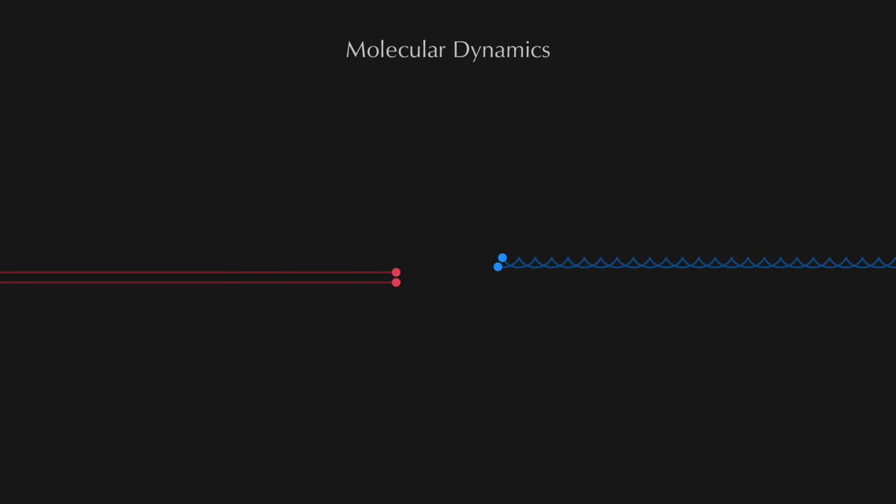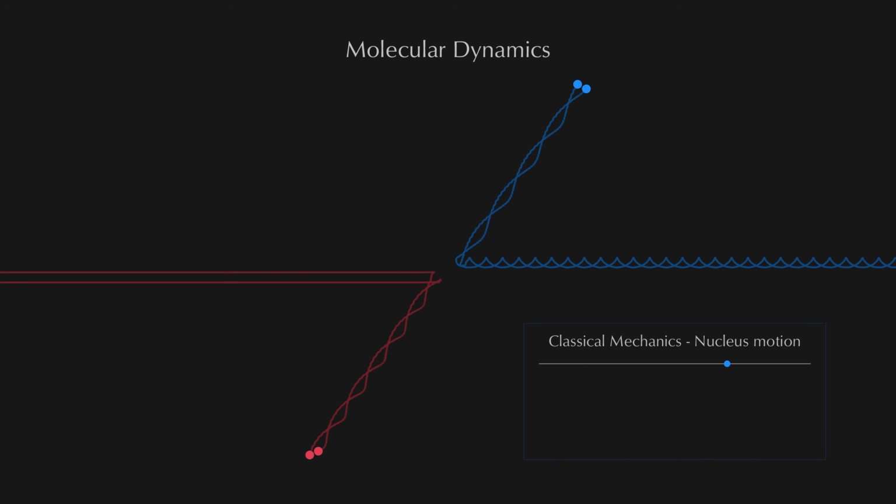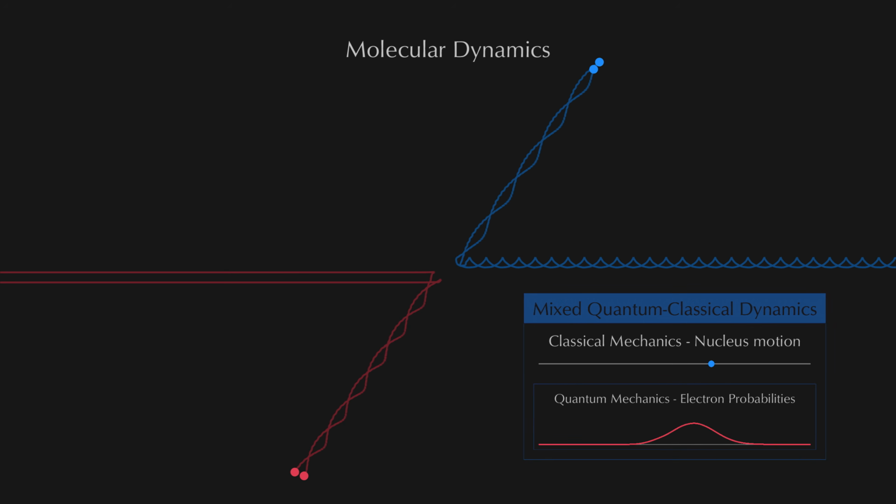So atoms can form molecules which can move or translate, rotate, collide, vibrate, and so on. The vibration within a molecule usually happens on much smaller length scales. I really exaggerated it here to make it visible. And the accuracy of the molecular dynamics approximation depends highly on the conditions of the systems. So while we are mainly in a classical mechanics setting, more or less parts of the simulation can still be represented quantum mechanically. It depends on what accuracy you want to achieve. Here we go fully classical mechanics from now on.